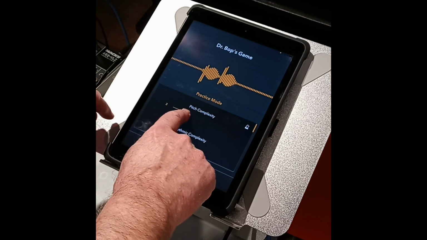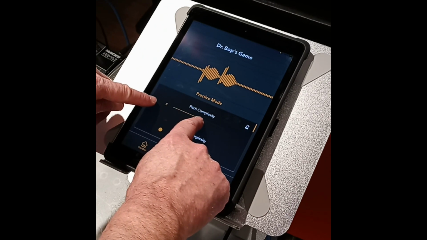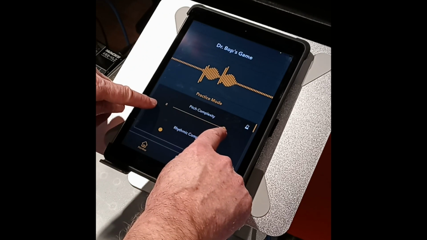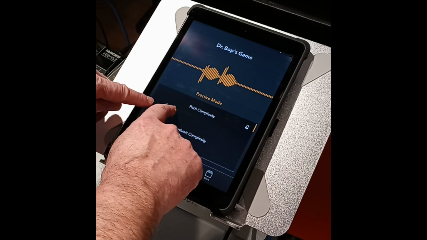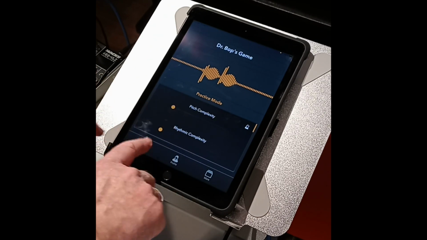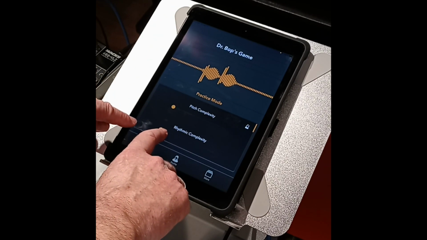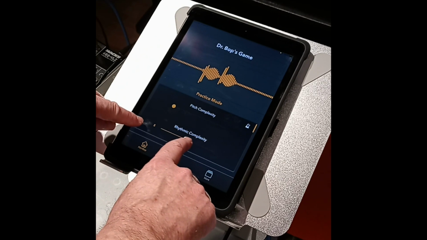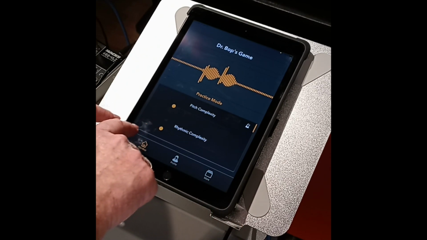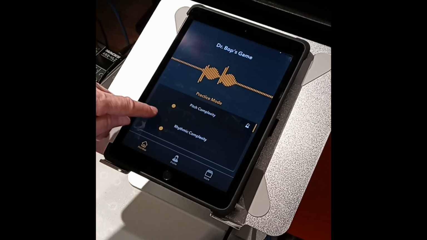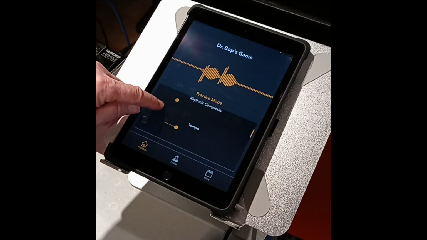Pitch and complexity sliders can be changed just by dragging the slider to the right. They are set between levels of 1 and 9, as you can see, with numbers showing on the left. Same with rhythmic complexity, sliding between 1 and 9 and back. We're going to set the rhythmic complexity at this point